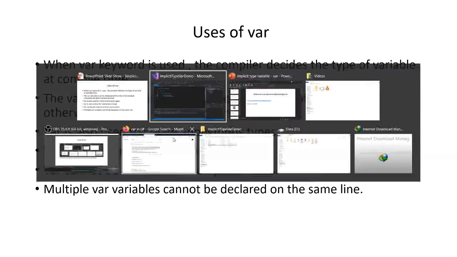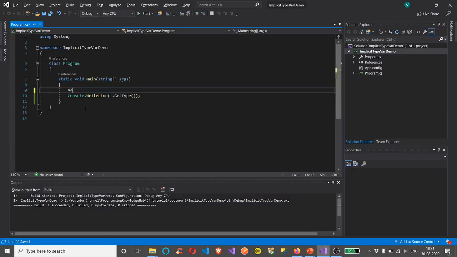Var is also used in for and foreach loops. For example, let's declare an integer array, arr equals new, and let's loop through the array in the for loop.